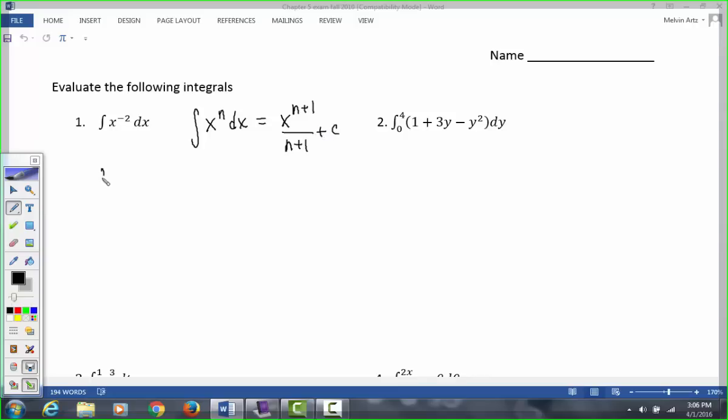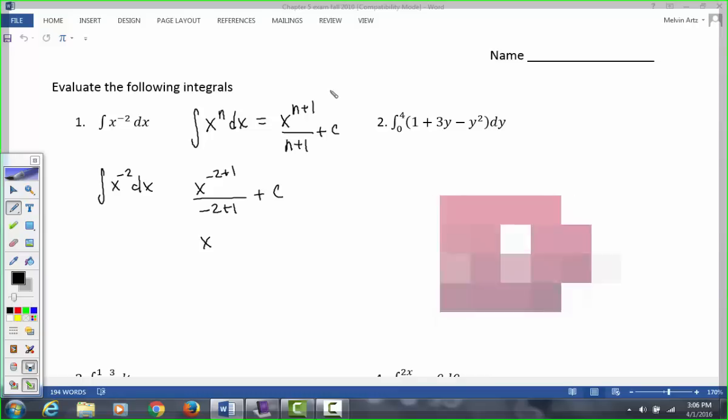So for this antiderivative, we're going to apply that rule. So we would have x to the negative 2 plus 1 all over negative 2 plus 1 plus our constant of integration, which is x to the negative 1 all over negative 1 plus c. And we could simplify this as negative 1 all